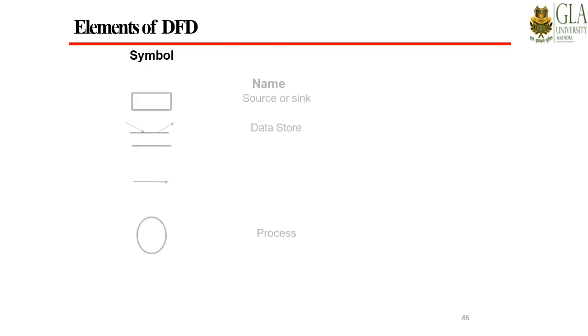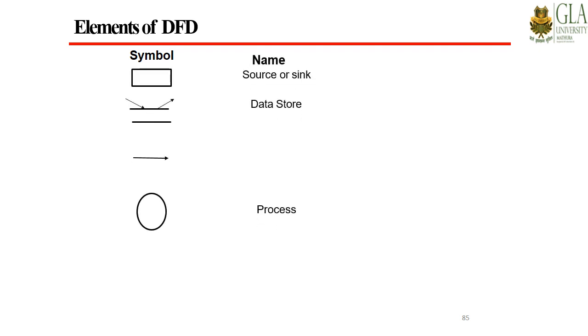Next are the elements of a data flow diagram, or the symbolic notations that we can use to draw the data flow diagram. The first one is this rectangular box that we will use to represent the source and sink of the information that we are going to feed into a system or software. Source is the set of users who are going to input the data or information into a software, and sinks are the users who are going to use the information and data from the system.